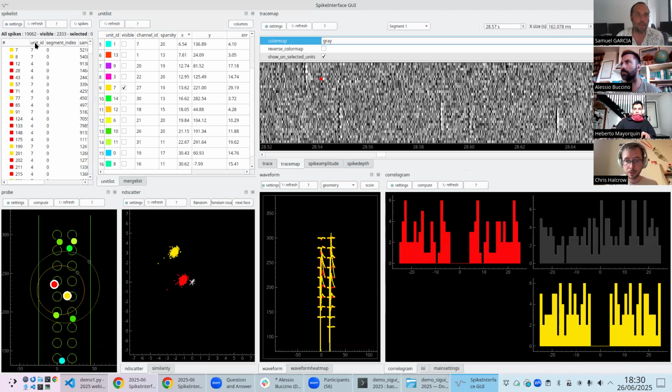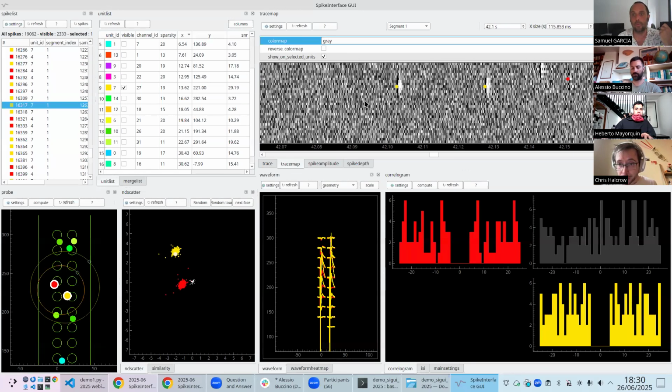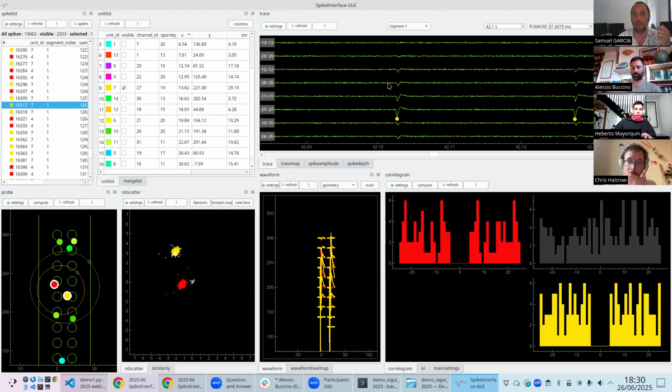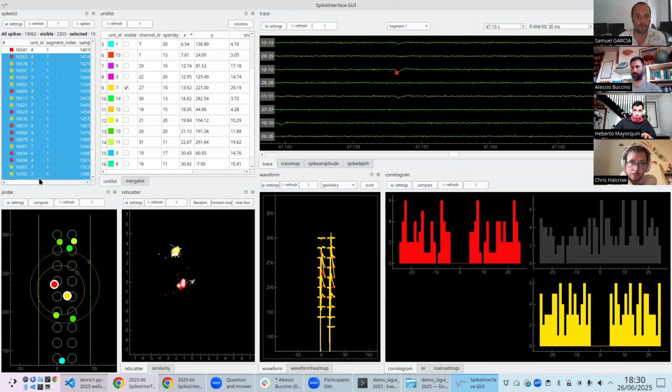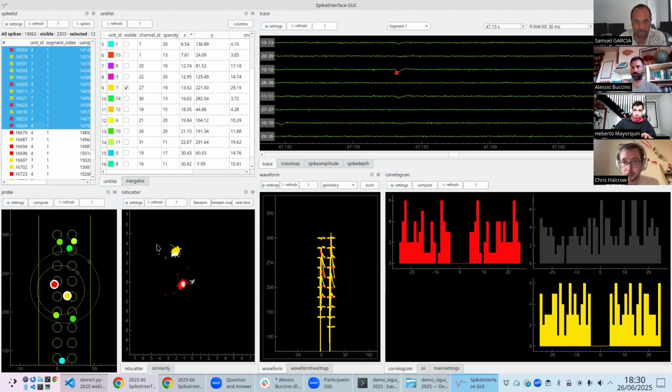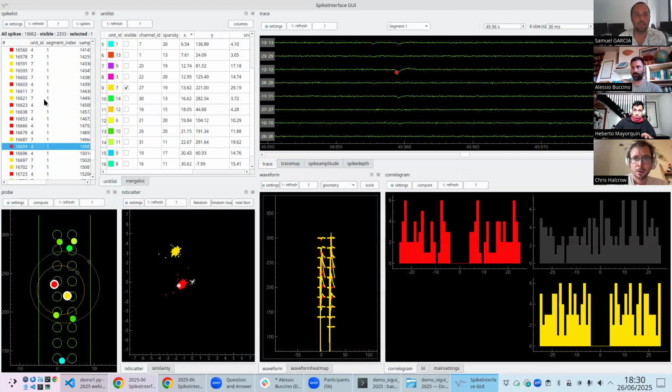You click on spike, and then you have all the spikes, which could be millions of spikes, displayed in this list. Some are from the first or the other segment. And when you click on a spike, we have a machinery to refresh the view. In short, we have the channel visibility, unit visibility, and spike visibility. So when you click on a spike, it makes this spike visible. When you click on several spikes, you can see here that it also changes the visibility, I explain this later,